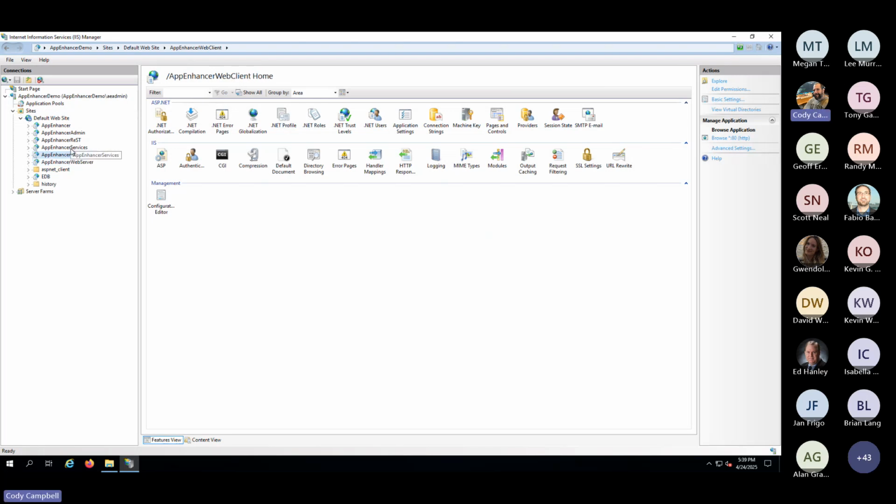Traditionally, we would deploy our services, our REST, our admin, and our AppEnhancer web. These are all separate installs and components, and a lot of them have redundancies between them. Each one has the same library to do certain functions. Each one has certain web APIs that are duplicated. It'll help us a lot to consolidate code to have a single web server with a lot of these server components, and a nice, clean, simple web client that's very fast because it doesn't have to load all this backend stuff. It's just loading the UI and running the JADO frameworks. So having the web client is going to speed up our users' experience.